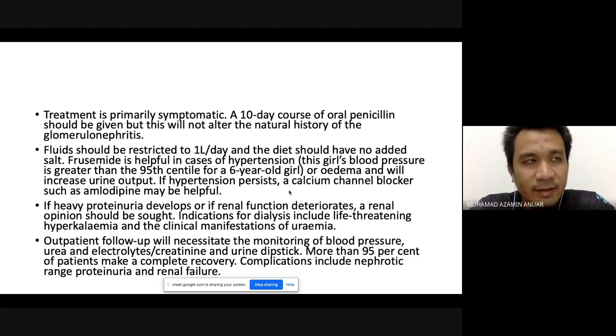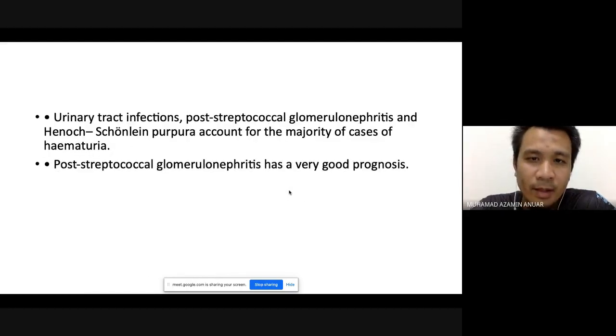And obviously, if there is very heavy proteinuria, then you need to think about possible kidney complication in this case. But most of the time, patients with post-strep AGN, you just manage them as outpatient. Make sure the BP is controlled. Make sure they comply with their diets. And most of them make a full recovery with no poor prognosis. But obviously, you need to think about other differentials as well to rule out, UTI, Henoch-Schonlein purpura, and so on.